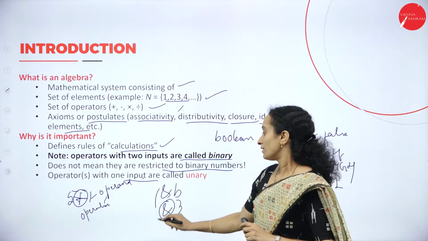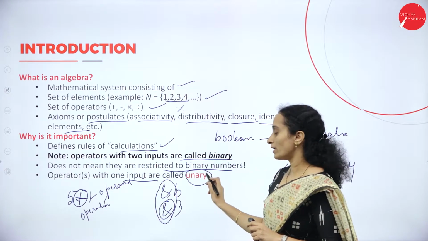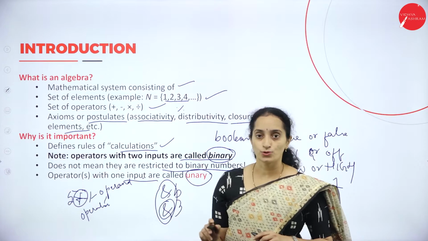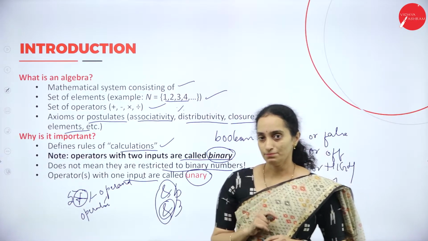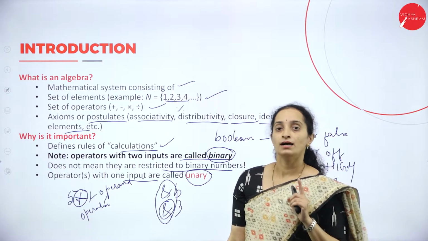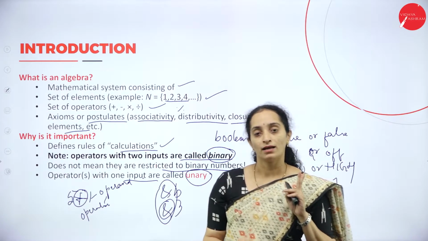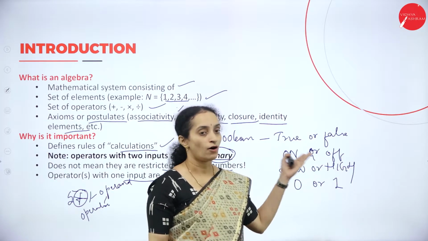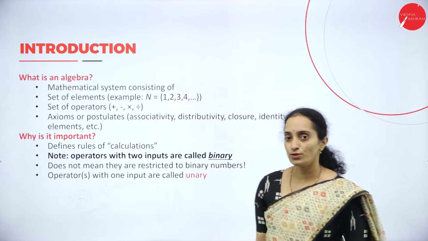That is why the operators which can work on a single operand are called unary operators, and those which need two operands, a minimum of two operands, are called binary operators. Algebra which involves operators and two-valued operands, like true or false, on and off, low or high, and 0 or 1, is called Boolean